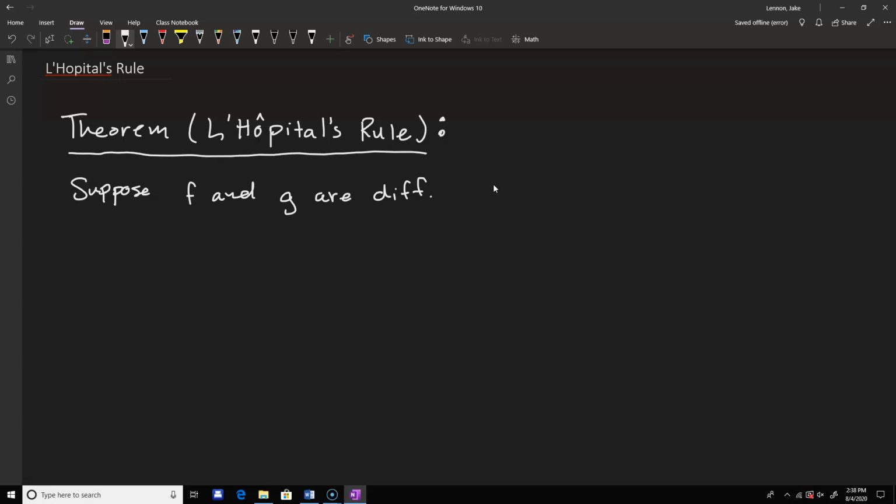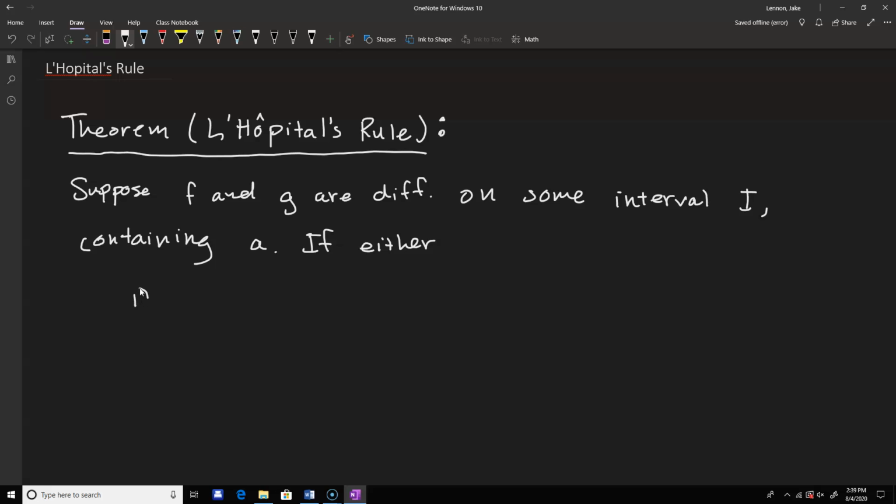I'm not going to write down all those hypotheses, but basically on an interval I containing a, if x is approaching a, so if either one, let's say the limit as x approaches a of f of x is the same as the limit as x approaches a of g of x, if those things are both going to 0, or if they're both going to infinity,